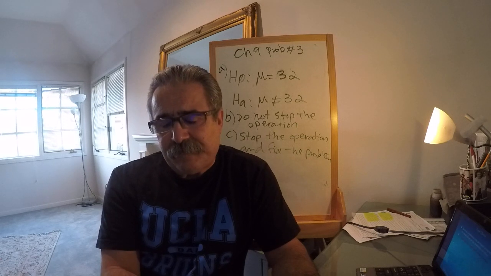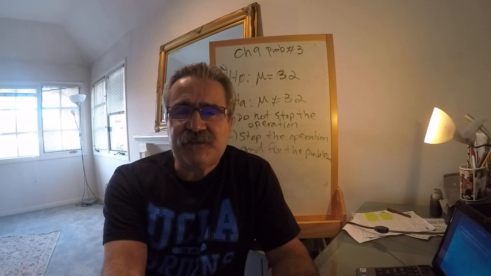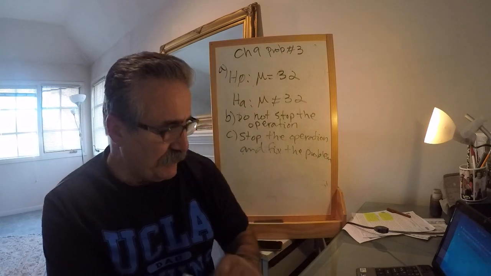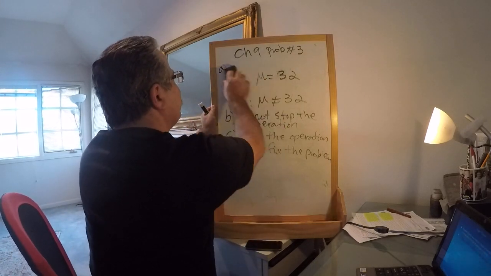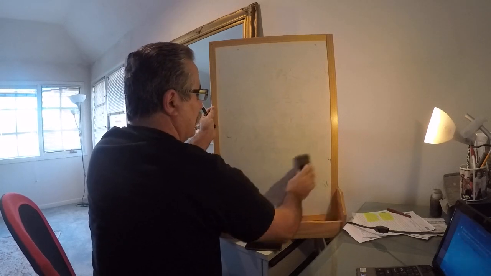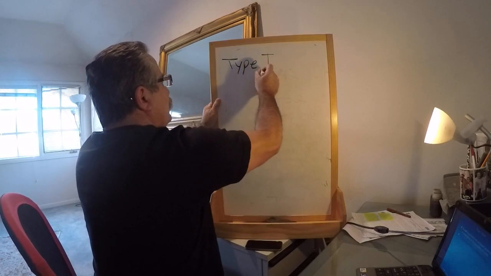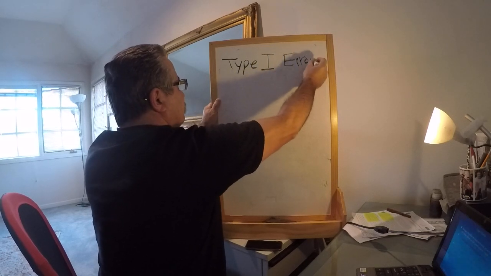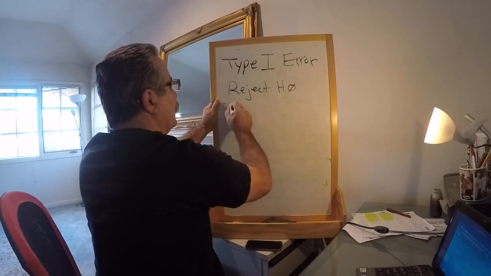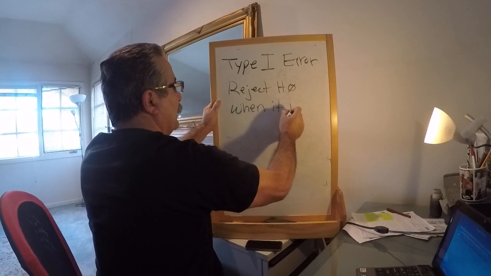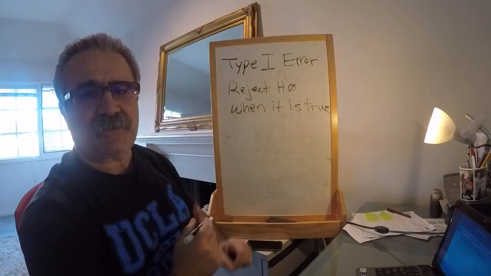Type 1 error is when we reject the H0 when it is true. So when H0 is true, for example,